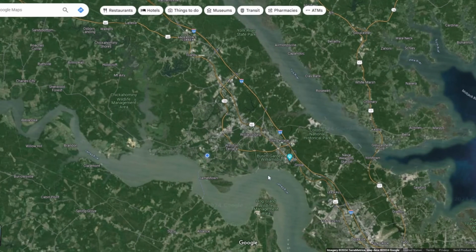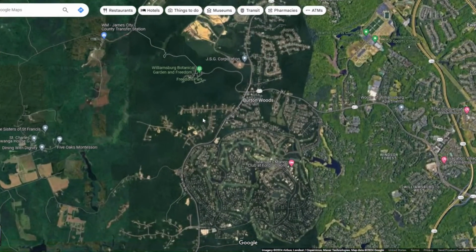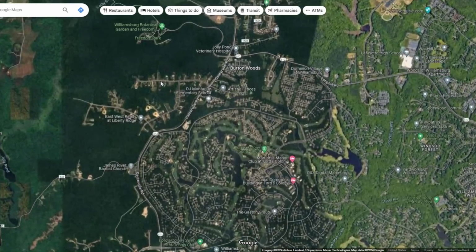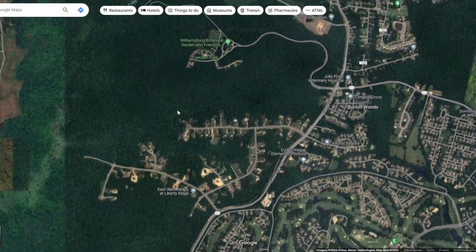All right, let's get back in the car one more time and go check out Liberty Ridge. Let's start on the map one last time so you can see exactly where Liberty Ridge is, because it is in a very different location. We were down in this area, and now we're going up off of Centerville Road, which is up out here, and this is Liberty Ridge. If you're familiar with Ford's Colony, that's all right here. So it's really just on the other side of Centerville from Ford's Colony, and then this is what's currently developed, and then this is the area that may be developed in the future,